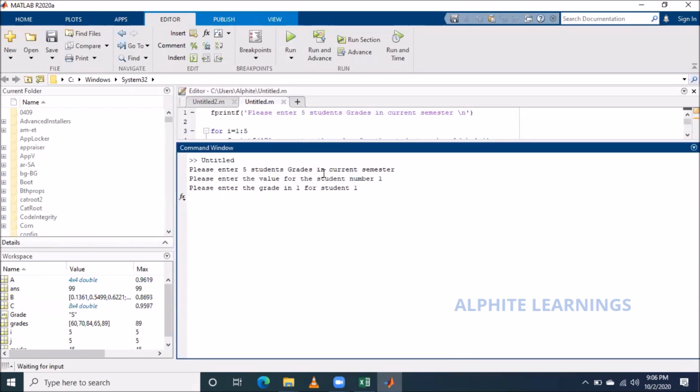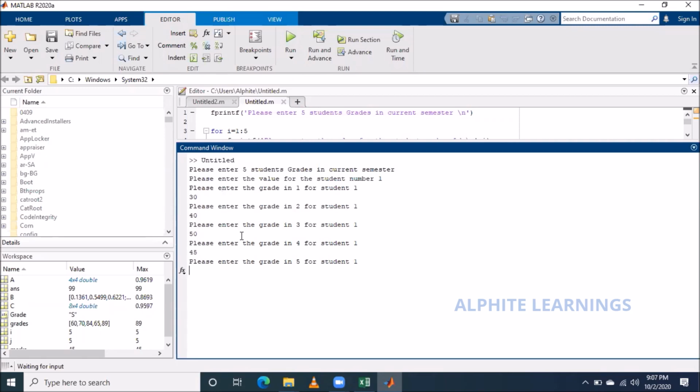Please enter 5 students' grades in current semester. Please enter the value of student 1. Please enter the grade in the first subject. His score is 30. Grade in second subject 40. Third subject 50. Fourth subject he got 45. Fifth subject he got 69. Student 1 over.